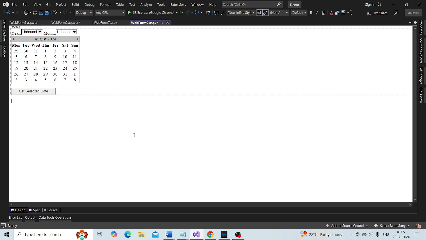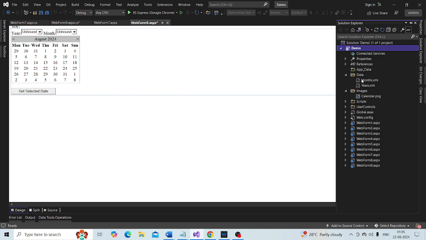Okay, so within this project I have this folder called data, and within that folder I have this years.xml file.